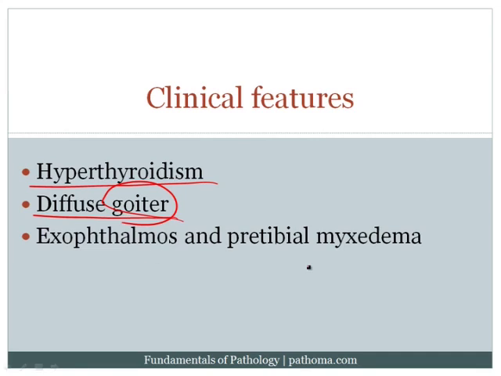And they get exophthalmos and pretibial myxedema. Now, this is very important to note and very high yield. This is not due to the hyperthyroidism. It is due to the fact that the patients have an antibody that stimulates the TSH receptor. So the idea here is that the fibroblasts behind the eye, as well as the fibroblasts over the shin, have TSH receptors. And so in response to this antibody, they actually begin to secrete excess glycosaminoglycans, which then results in exophthalmos because the eye gets pushed forward, and a pretibial myxedema.